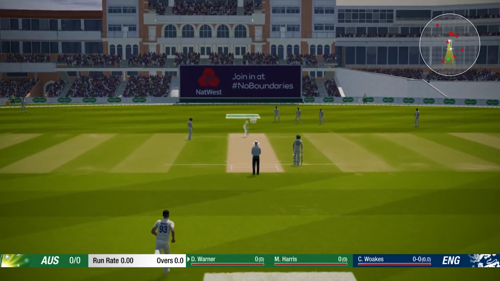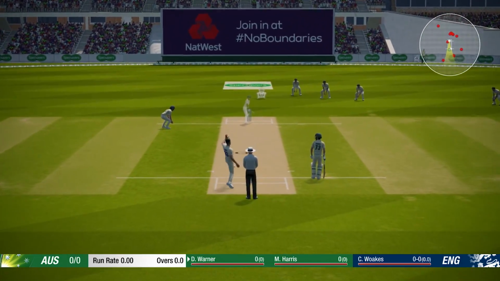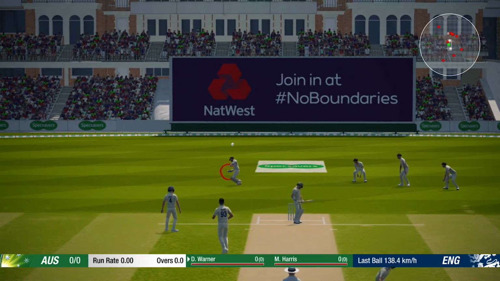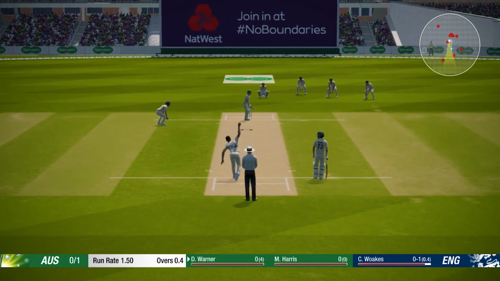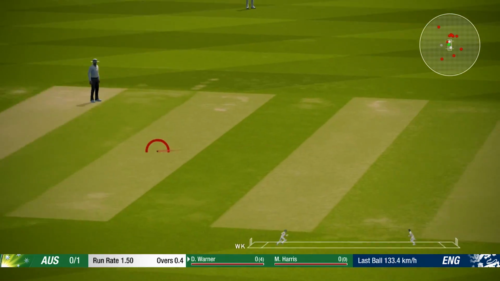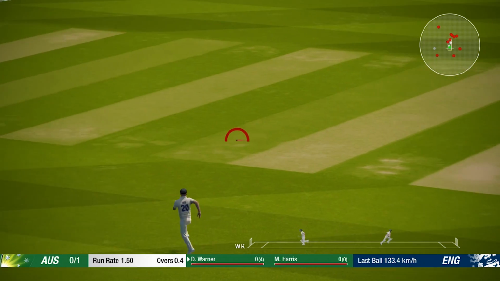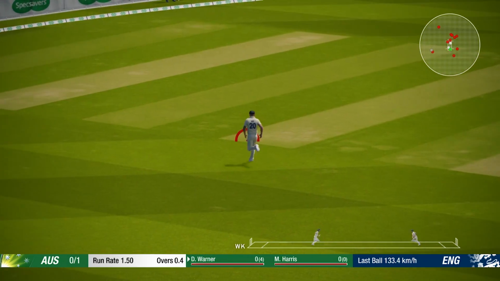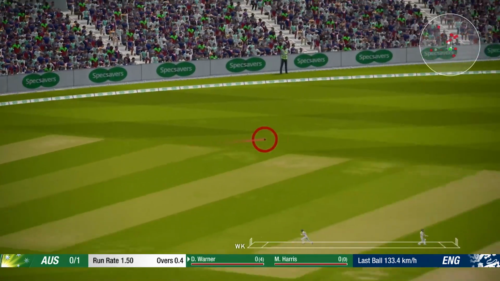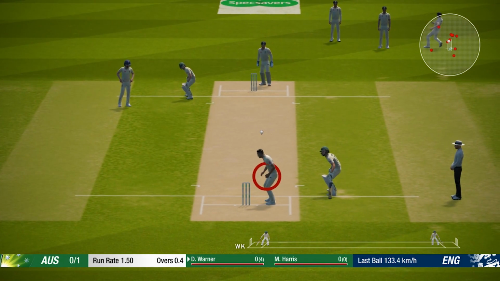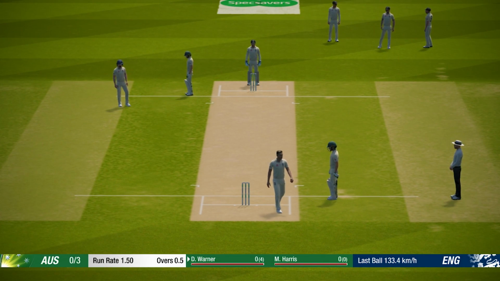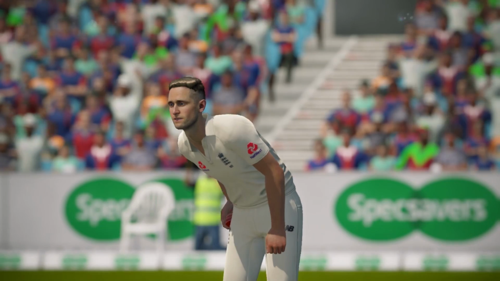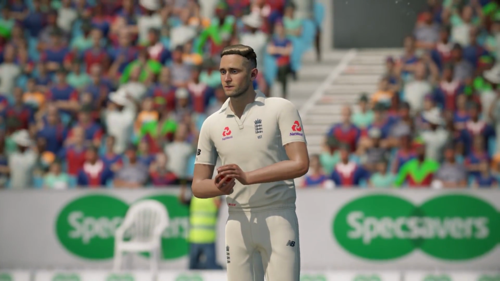But let's get today's play underway. It's Woakes with the new ball. And that might even be a wide to start. Now Warner off the mark. It's away on the onside for a couple of runs. Pretty good this series, David Warner. Australia's third leading run scorer. Even Chris Woakes, he's done alright with the ball.